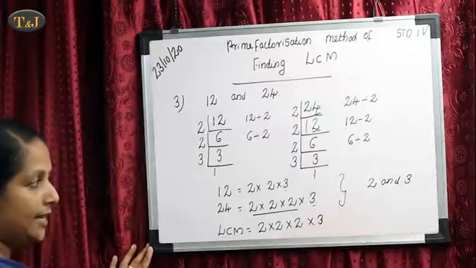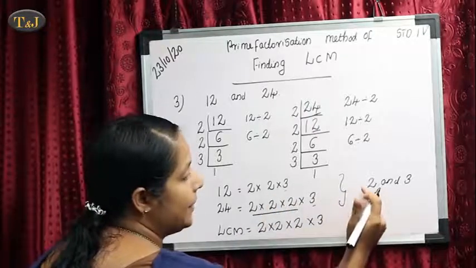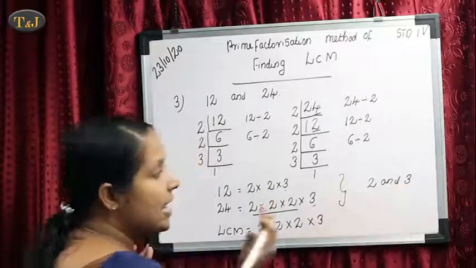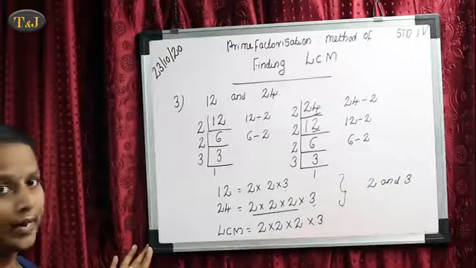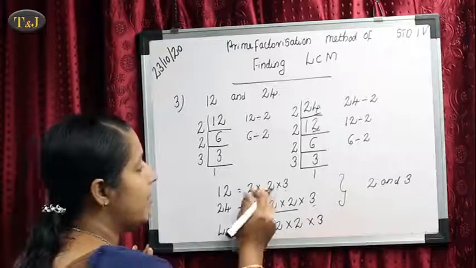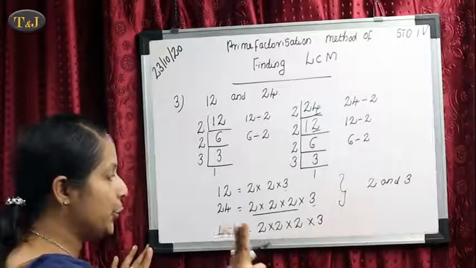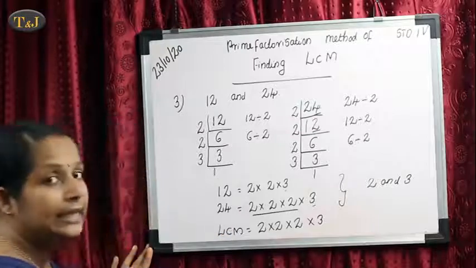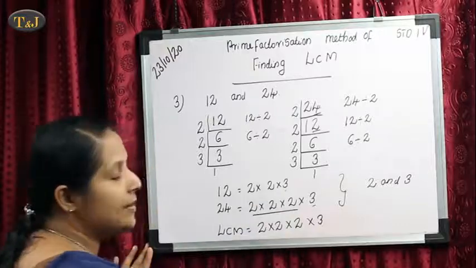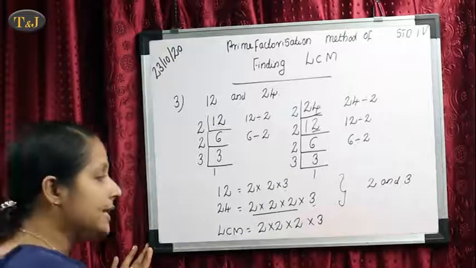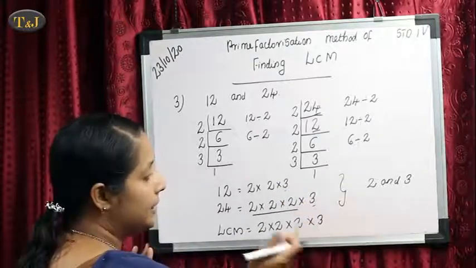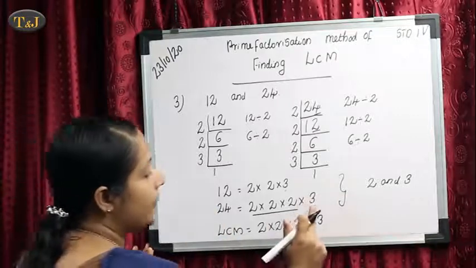Okay, first we are selecting the prime factors of 12 and 24. Here the prime numbers are 2 and 3. Our LCM means the product of prime numbers that are repeated the maximum number of times. In 12, 2 is repeated 2 times and in 24, 2 is repeated 3 times. So we select the maximum number of 2. 3 and 2, which is the maximum number? 3. So we select 3 times 2 here. Okay. Then the next prime number is 3. The 3 is only 1 time repeated. So we write that 3.